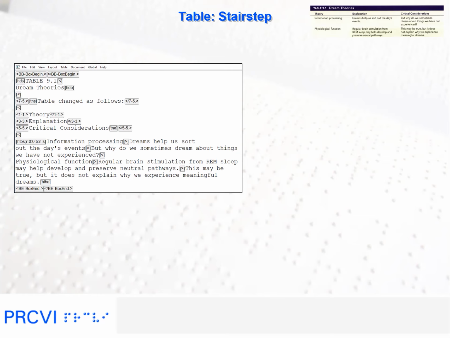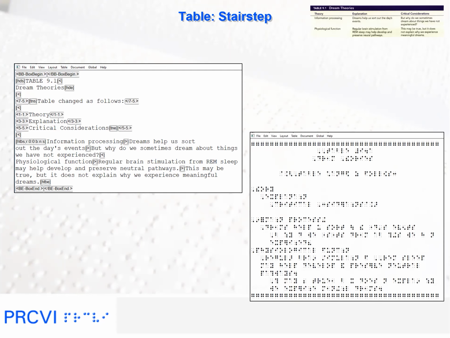Insert a blank line before creating the stair-step table using the Table menu on the toolbar. When we translate the print file, we see the begin box line on line 1. Line 2 and line 3 show the centered table title. Line 4 is blank. Line 5 has the transcriber's note, Table changed as follows, in cell 7.